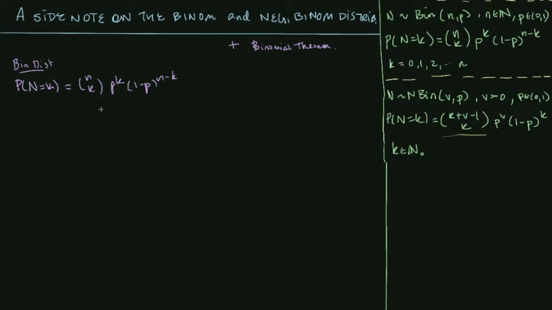We use the binomial distribution with parameters n and p to model the probability of attaining k successes in n independent trials, where the probability of success in each of the trials is p. So if we look at independent trials,